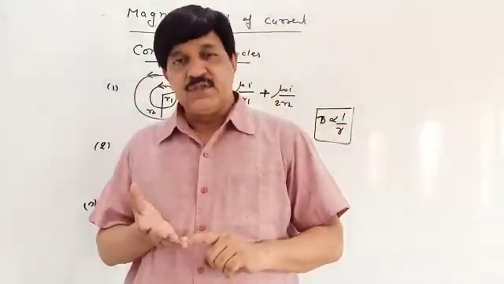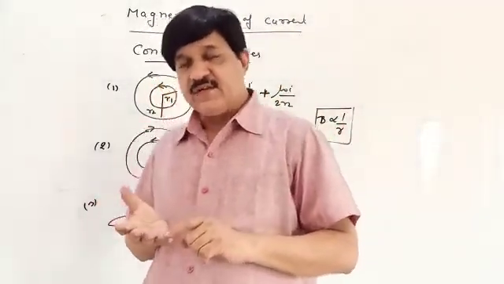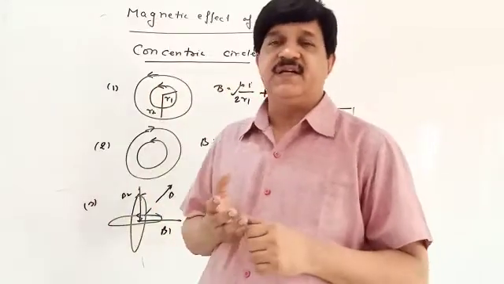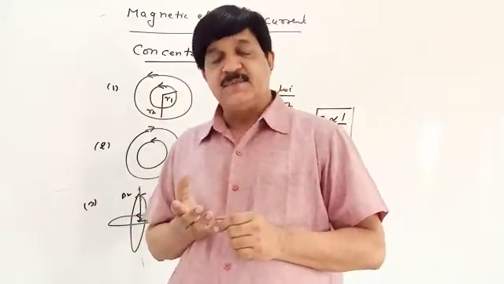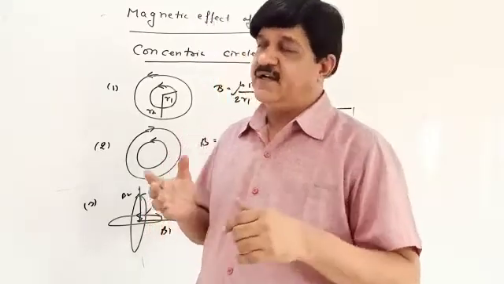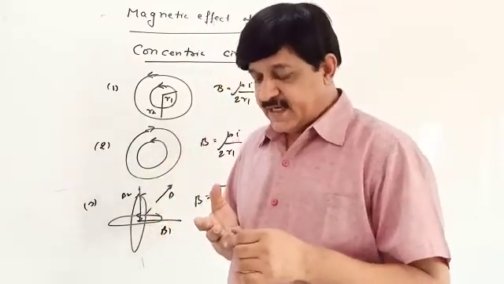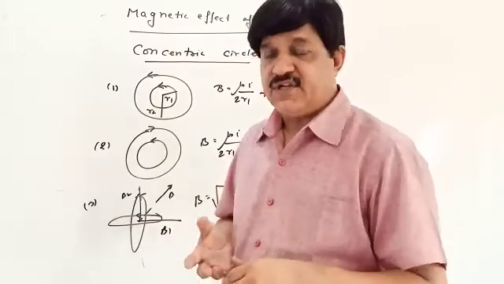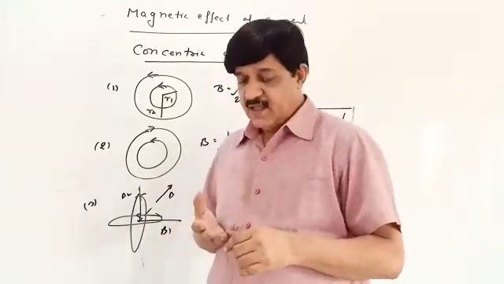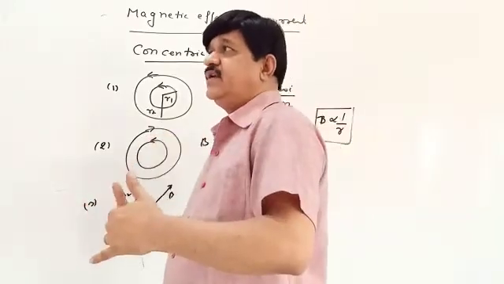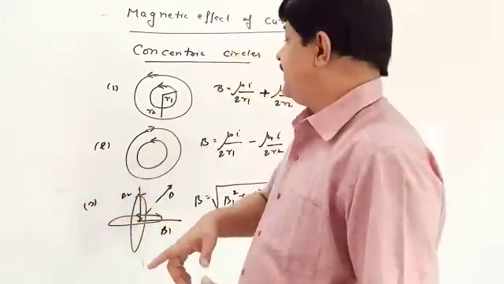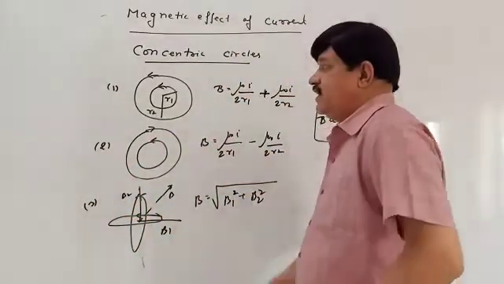Hence, Lorentz force is the force which will act on a charged particle whenever the charged particle is projected in the magnetic field. Number one, if the particle is projected in the direction of magnetic field, it will go in a straight line. If the particle is projected perpendicular to the direction of magnetic field, it will move in a circle. Whereas if it is projected at any angle which is more than 0 degree and less than 90 degree, then the particle will move in a helical path.